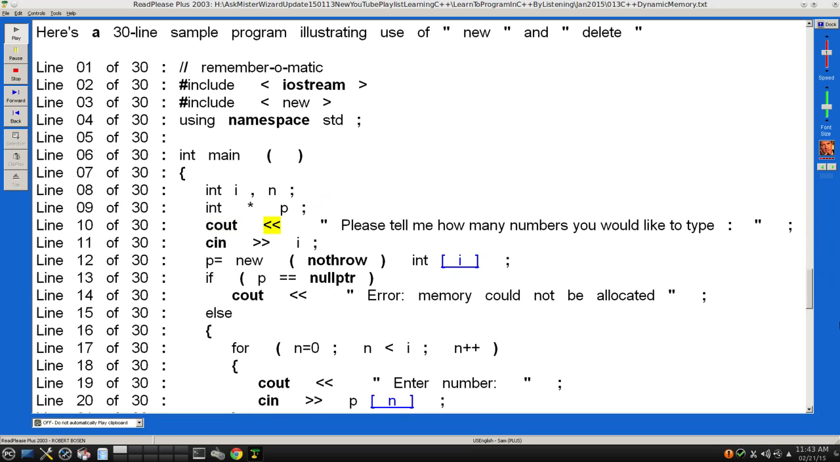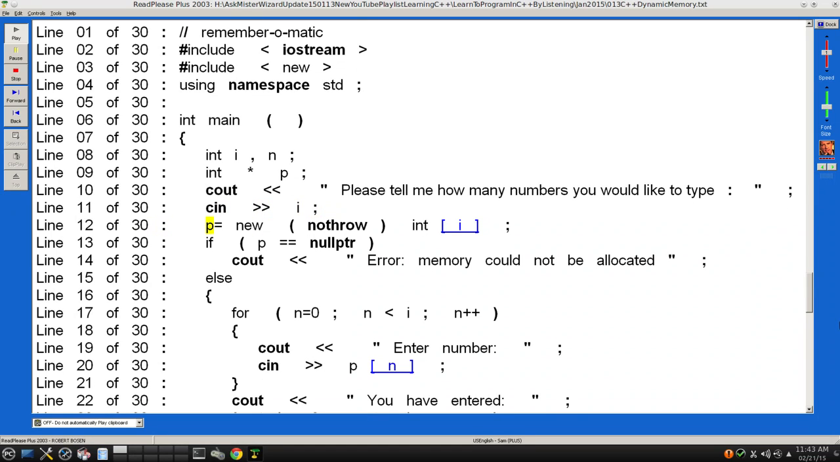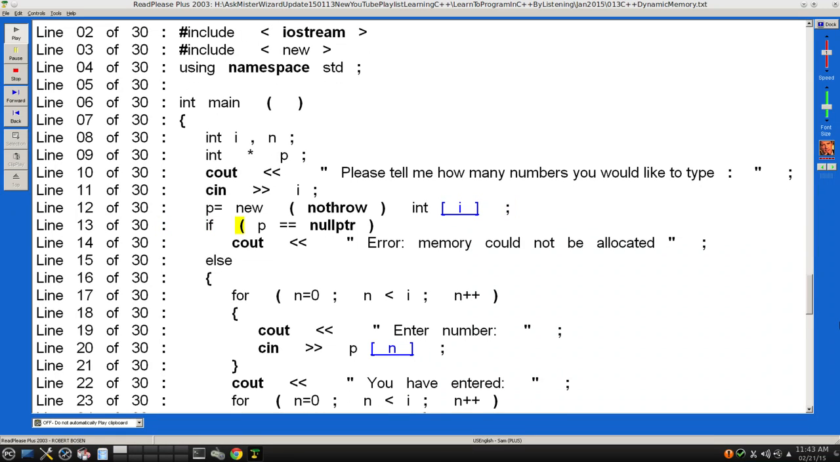Line 10 of 30: cout << "Please tell me how many numbers you would like to type: "; Line 11 of 30: cin >> i; Line 12 of 30: b = new (nothrow) int[i]; Line 13 of 30: if (b == nullptr)